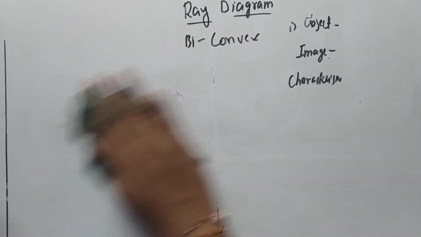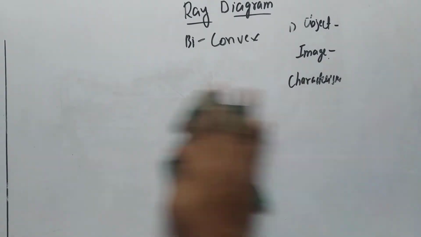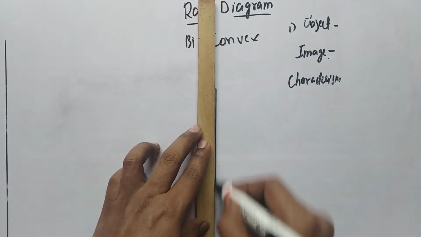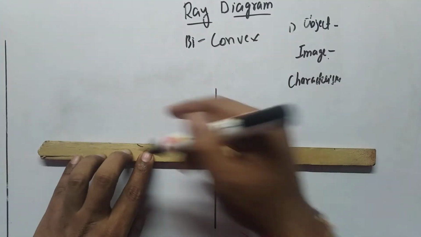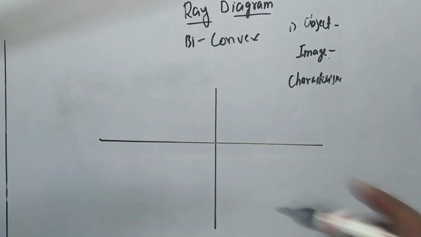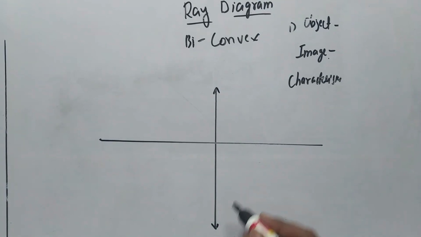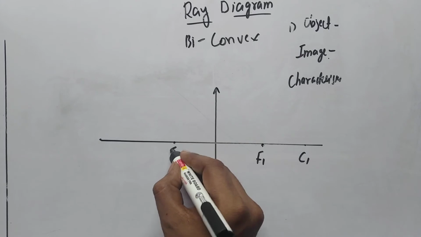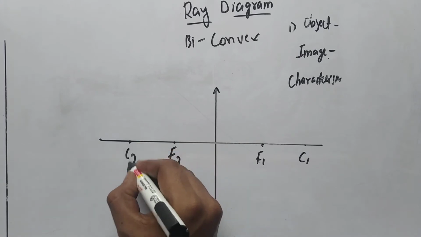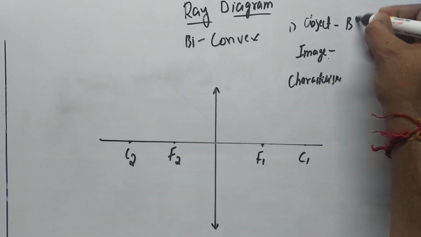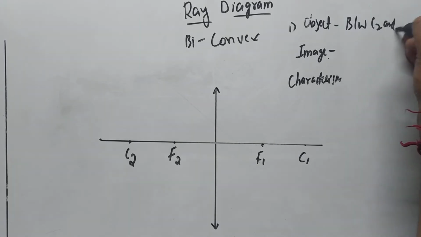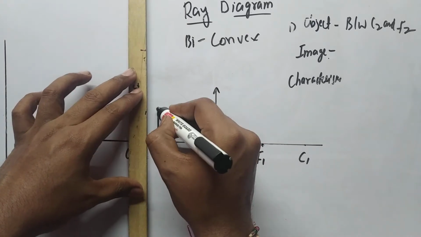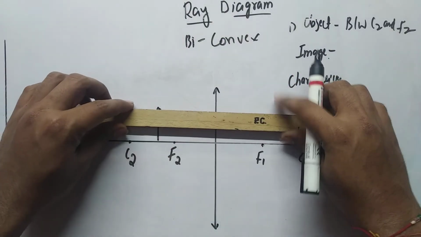Okay, now we will be placing the object in between C2 and F2. So let me draw the convex lens, and this is my principal axis. Let me plot arrows and let me put the points F1, C1, F2, C2. So now I am choosing the object will be in between C2 and F2. So when the object is between F2 and C2, let me take an object, and we'll be taking the